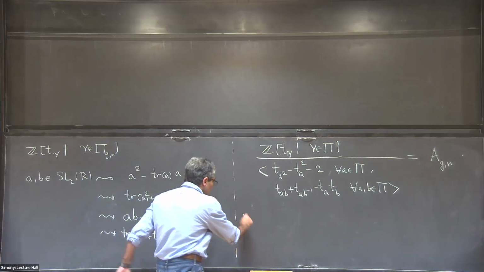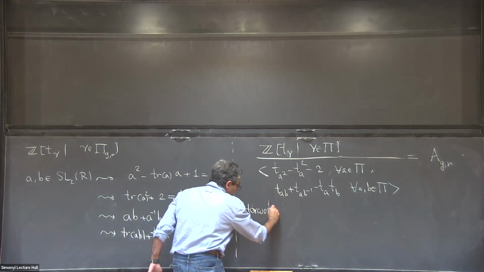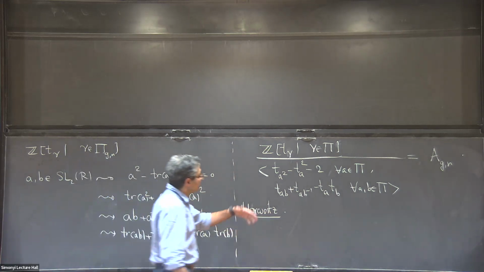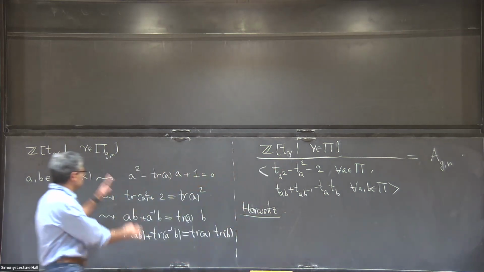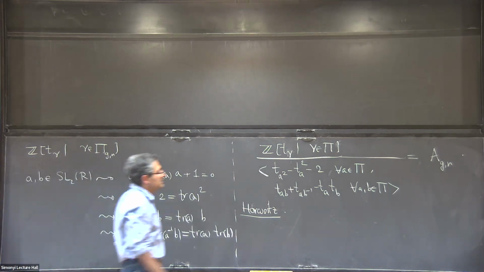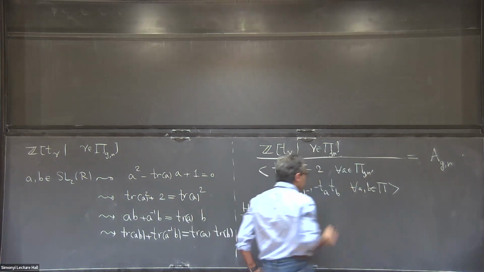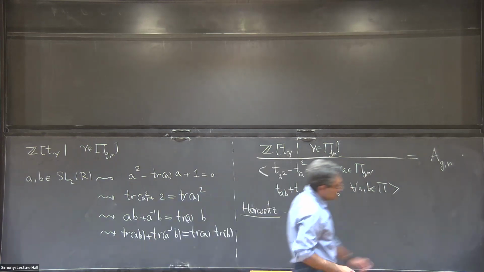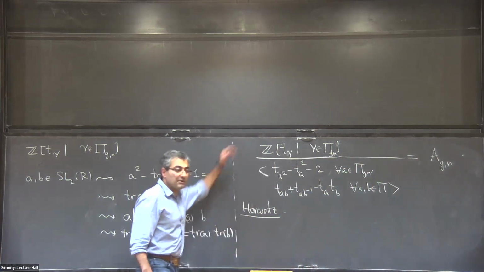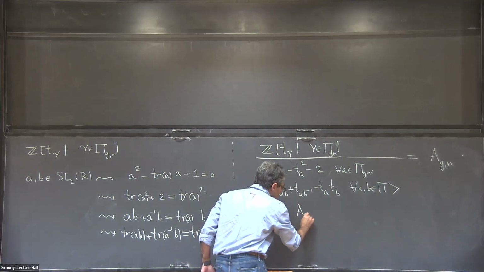But what Horowitz showed is that if I start with a generating set of my group, and these results do not have to be about this particular group, it can be any finitely generated group, but if you start with a fixed generating set and take increasing words, then those traces are enough to generate this ring. So Horowitz showed that this ring is generated by